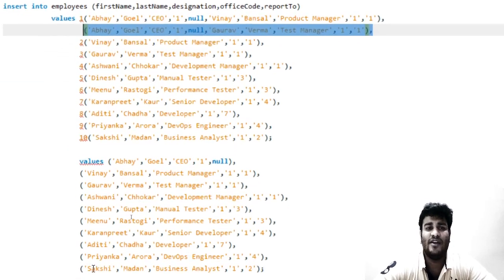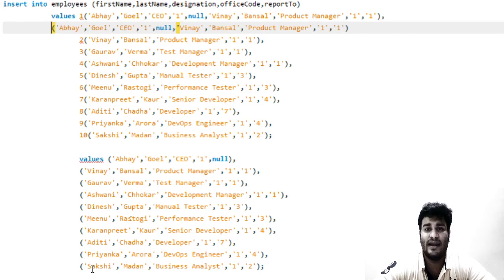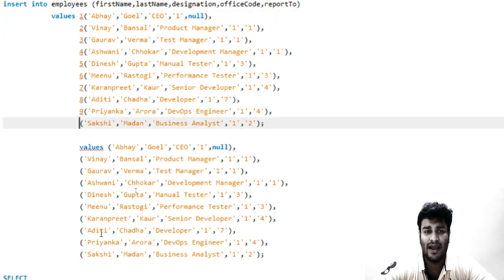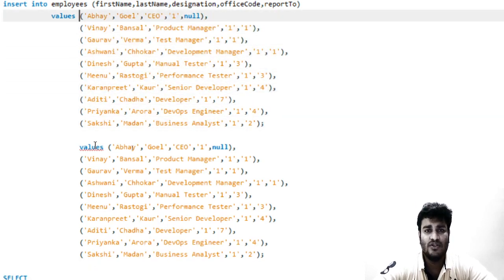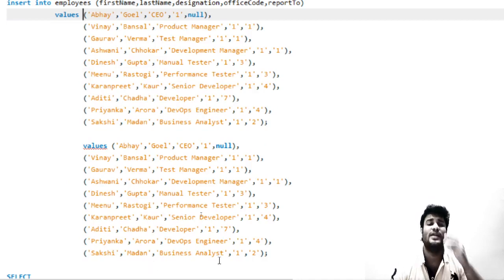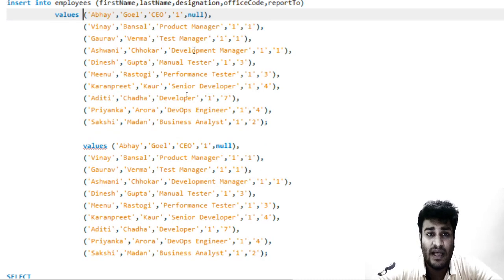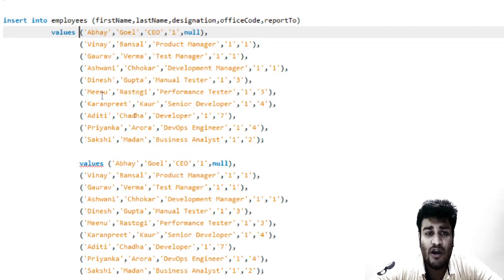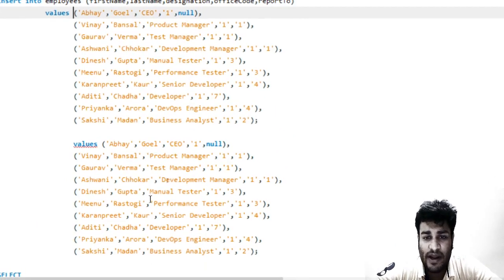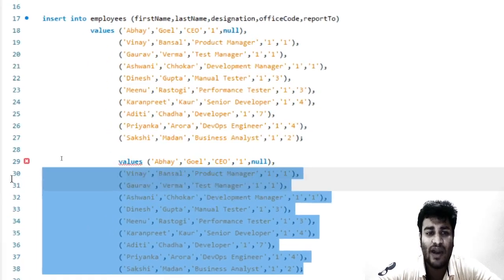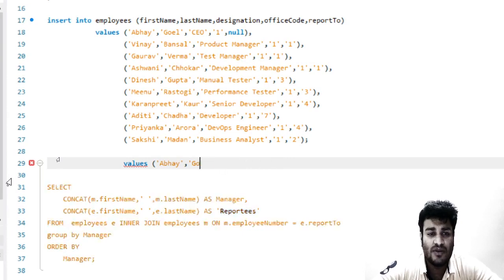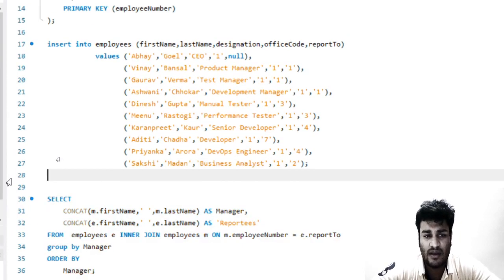I am just trying to make sure that you are mapping things correctly. So this was just to make sure that you understand the criteria, why this criteria was required. In a similar way, all the rows will be mapped accordingly. Employee number should be equal to report to, and this is how the criteria goes, right? So this is nothing but the same query.